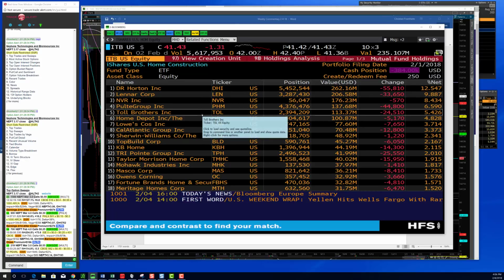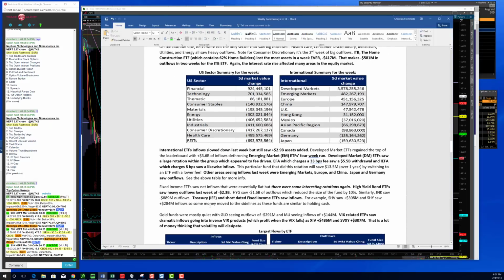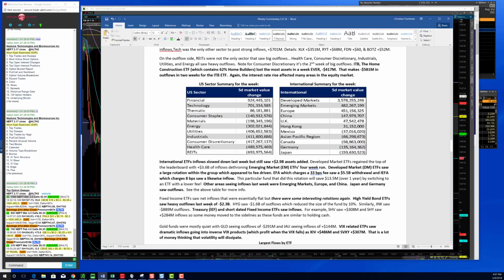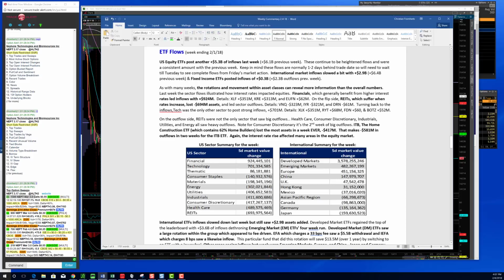So those areas kind of saw a knee-jerk reaction, and we could talk about that in my fund flow report that I put out every week. And you could see that in this ETF, there was $417 million of outflows last week. That makes $581 million in 2 weeks, right? Because what happens when interest rates go up? Home ownership becomes more expensive. The mortgage rates go up, and you're dealing with a whole other set of variables into how much can you afford